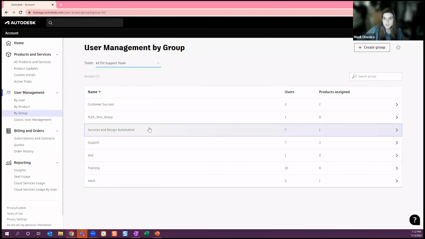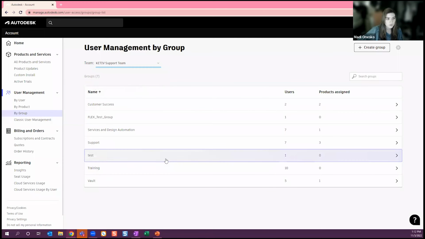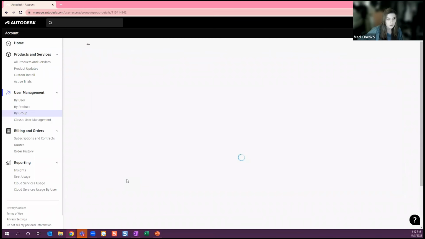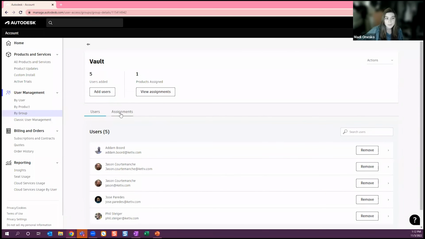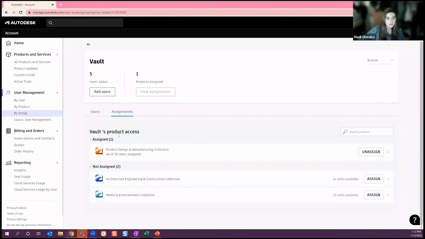And then within each of those teams, you can separate by groups. So if you had a group of engineers who are only going to be using Vault, you can create a Vault group. And then if I were to select this group, I can add users by selecting add users, and then I can mass assign them a product. So you can see they're assigned the product design and manufacturing collection. If I wanted to assign all of them at once,